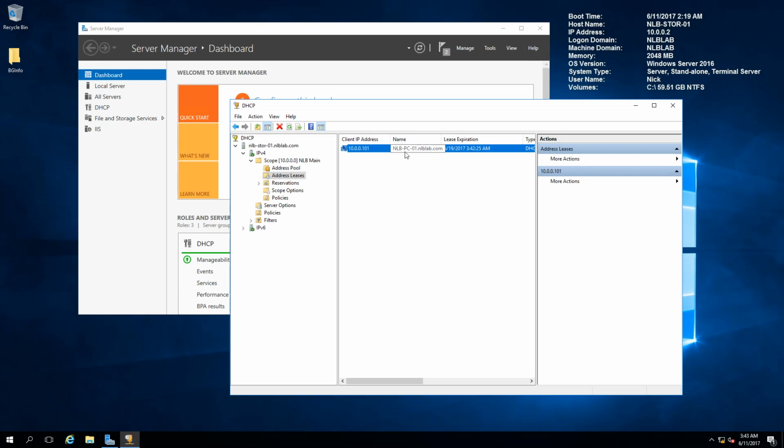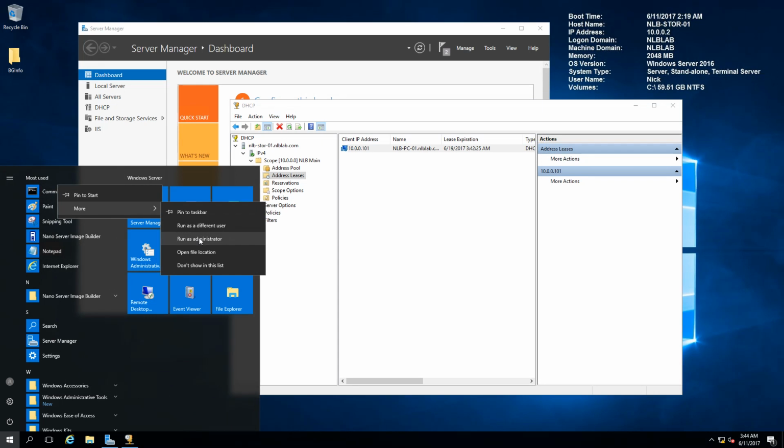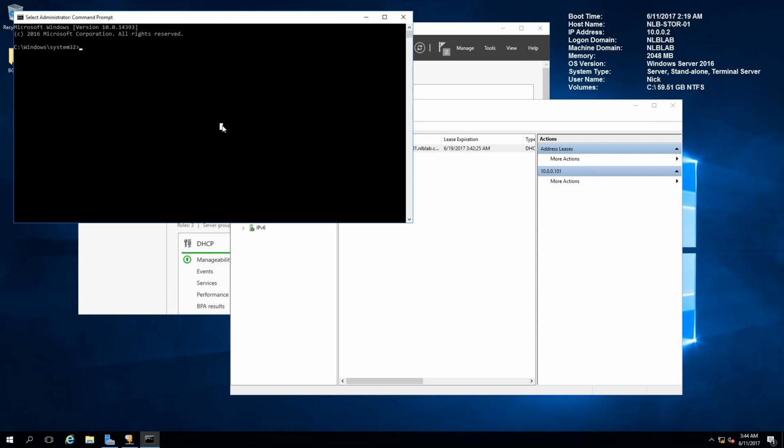So what we're going to do next is shut down storage 01, which is the primary DHCP server, and we'll wait for 10 minutes to see what is going to happen on my DC01 and if my client is still going to pick up a proper IP address. So let's shut down server storage 01, run as administrator, shut down